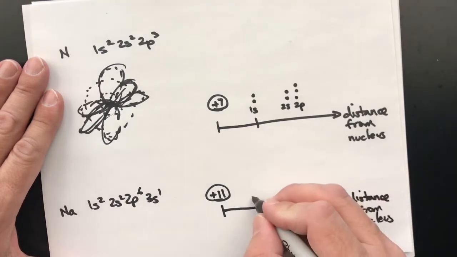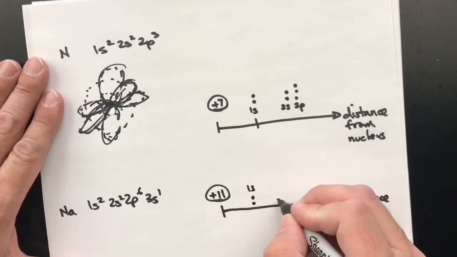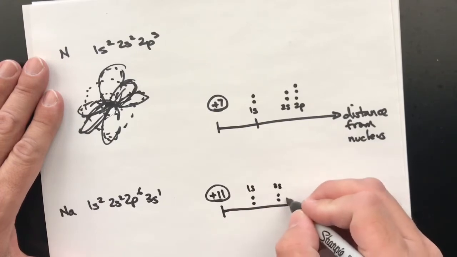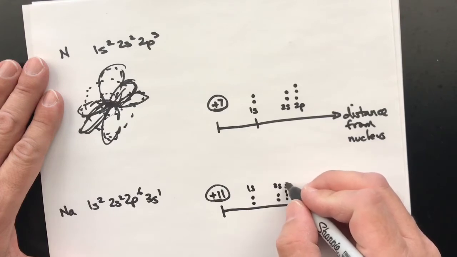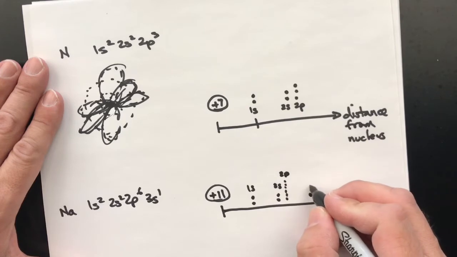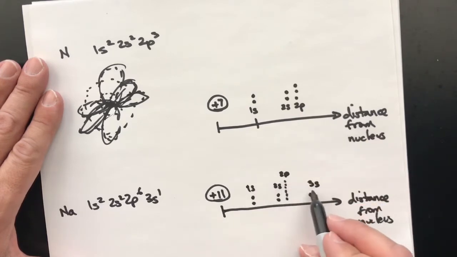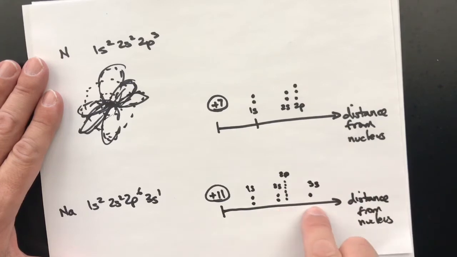And the 1s electrons would be the closest to the nucleus. The 2s would be the next closest. The 6 in the 2p are the next furthest. And then that lone 3s is way out here. Every time we jump from 1 to 2 to 3, we're going to see large changes in the distance,